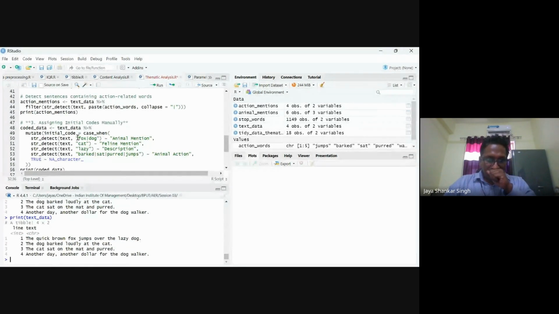Now, you can do manual coding or initial coding, which we use in an example like this. Okay? If there is a mention of fox and dog,